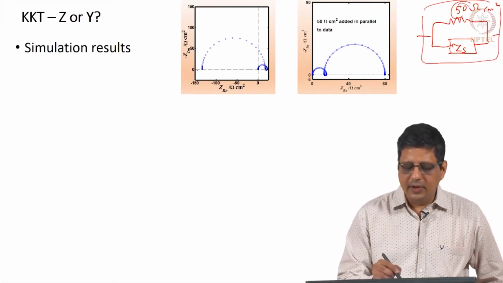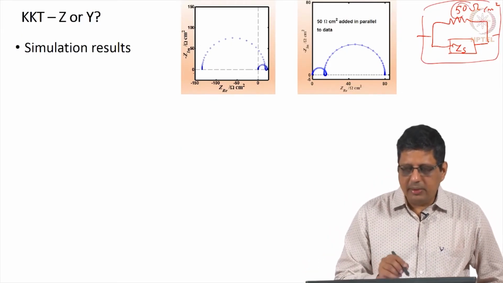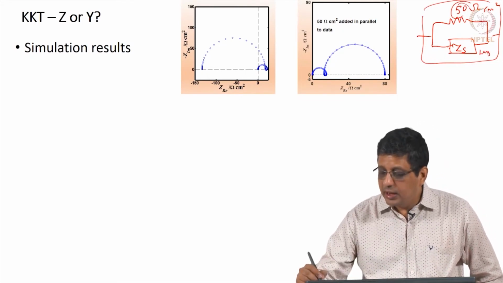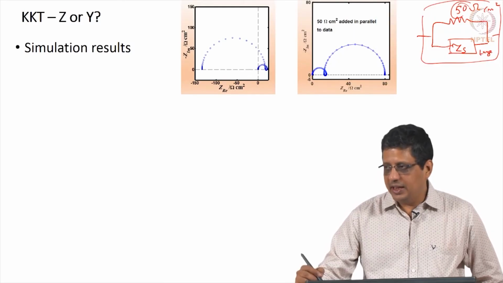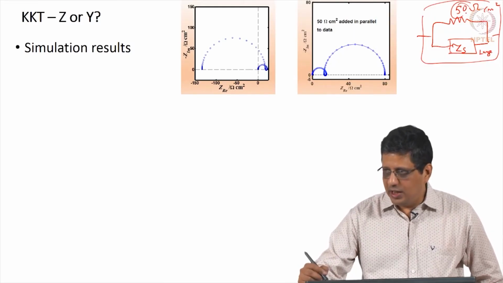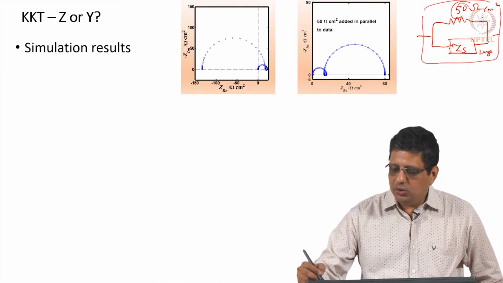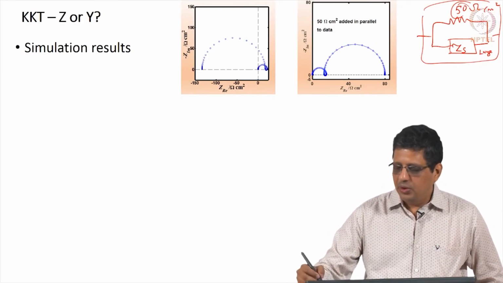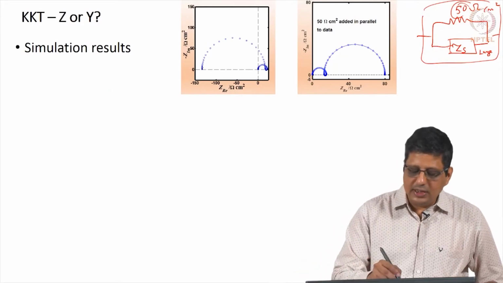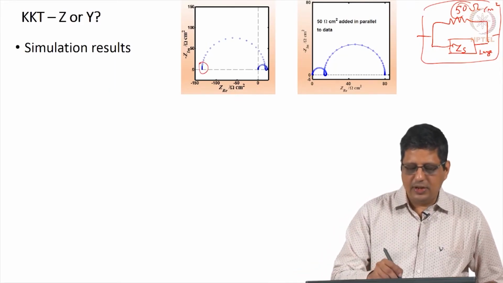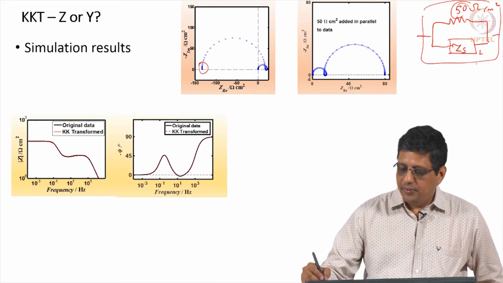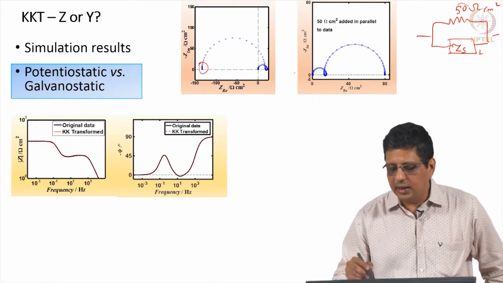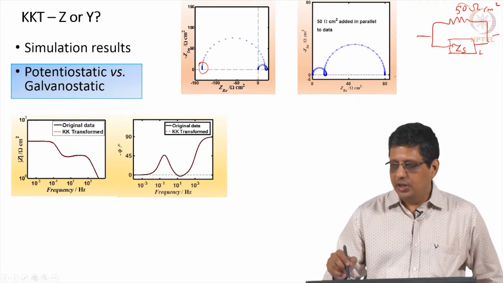Because I see here that it shows some value close to minus 120, 130, etc. So, if this is a large value in magnitude, do not worry about the sign here, and this is a small value of impedance, current will go through the smaller one. When this is small, it will go through this value. So, I have to choose a value which is less than the value here. When I add this 50 ohms in parallel to the data, I get a spectrum which comes completely to